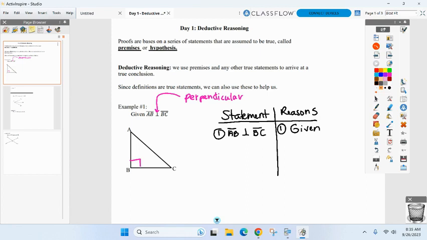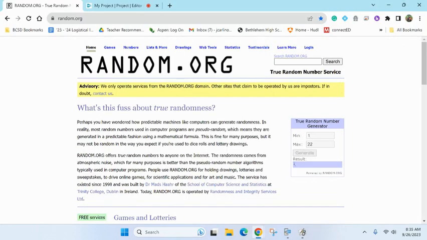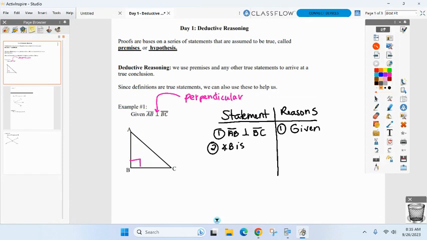All right, now it's on you. What else is true about our diagram? Well, we just marked a right angle at angle B. We also know, because we already marked it, what did we just mark at angle B? Simon, what do you know angle B is? 90 degrees. I'm going to write a right angle. All right. Angle B is a